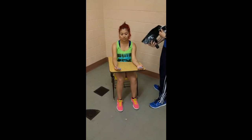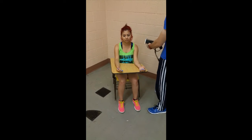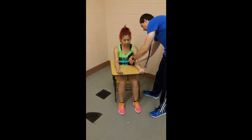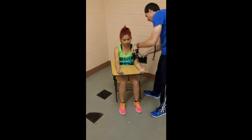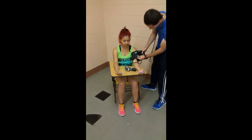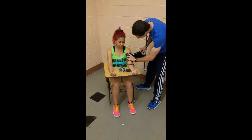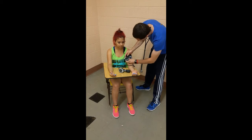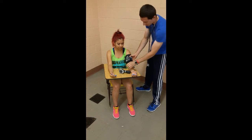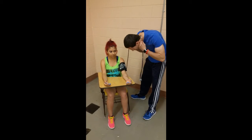Bare arms should be easily exposed, therefore long sleeve clothing or sleeves are not recommended. Snugly wrap the cuff around the patient's arm and align the brachial artery line over the brachial artery. Leave approximately 1 inch of space between the upper and lower arm, as that is where the chest piece will